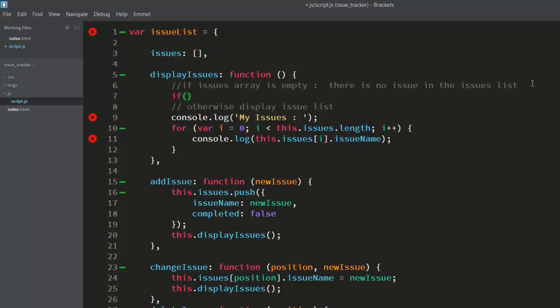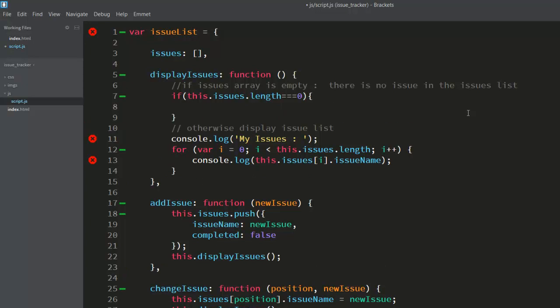How will you check that you have something in the issues array or not? It is very simple. Do one thing. We have this issues length. Just copy this and check whether this length is equal to 0 or not. I'm sure you might be aware of where you should use double equal to sign and where you should use the triple equal to sign. If you are not aware of this, just Google what is the use of double equal to sign in array and triple equal to sign. I'm sure you'll be getting it. So let us just work on this particular part and slowly you will be understanding.